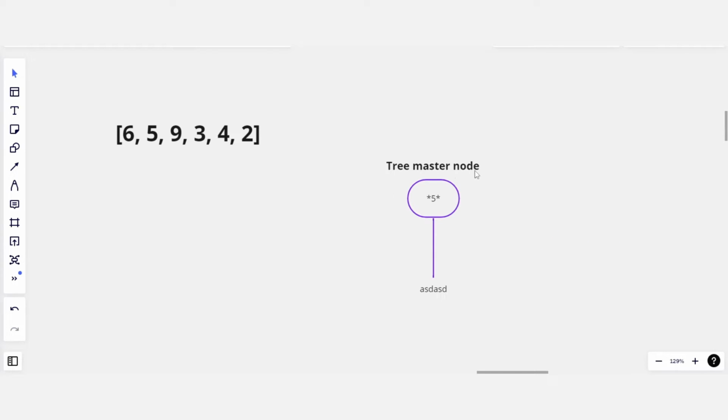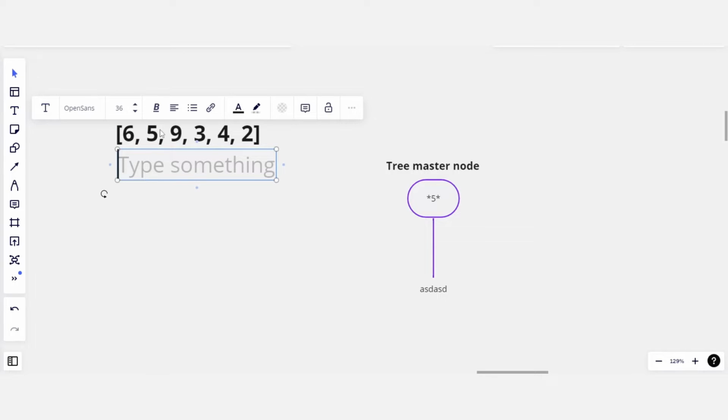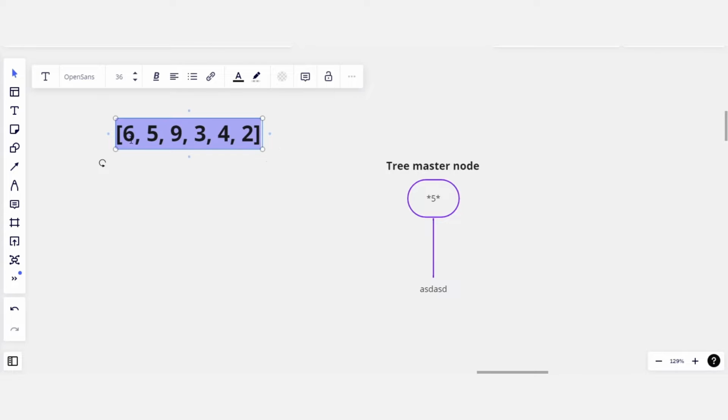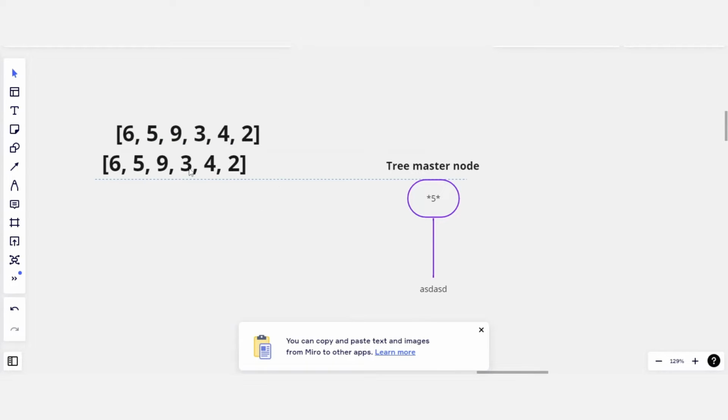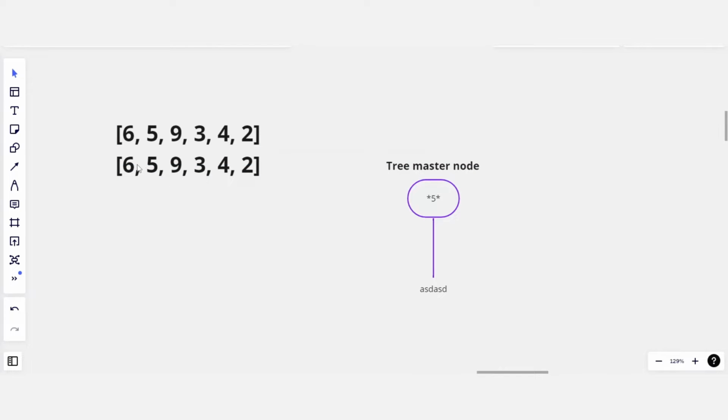A binary tree starts with a master node. It will hold the first value of the list, so it will be 6. I will store the same list over here. So the first element is the 6. I will store 6 in here, and then